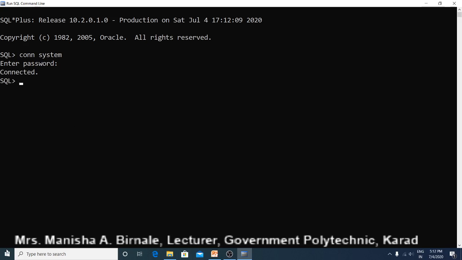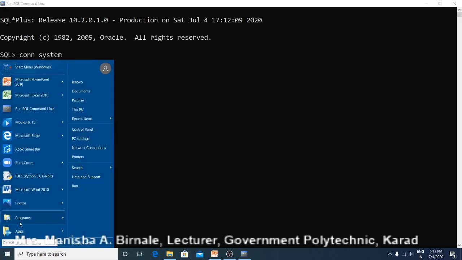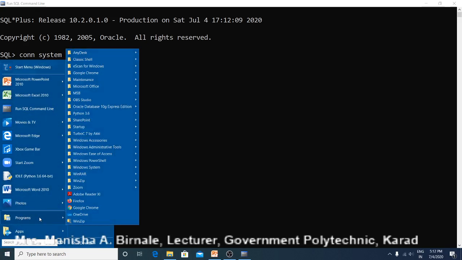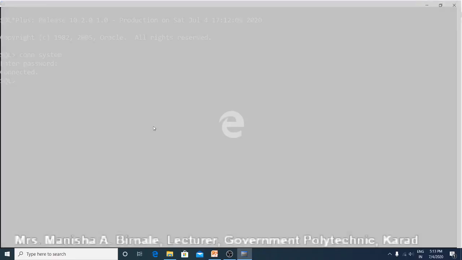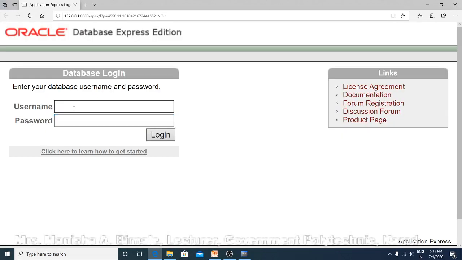There is one other method for executing commands: start, programs, go to Oracle database, and then go to database homepage. Such a GUI will be displayed.